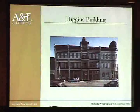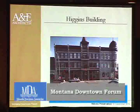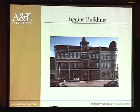save those structures. One of the first buildings I did here in Missoula in 1981 was the Higgins Block, which Philip just mentioned earlier. The building was pretty much intact except for this whole level here, which had been completely modernized into a 1950s theme right after the war, and it had been totally changed. The rest of the building was pretty much intact. It was an easy project to go in, bring it up to code, put in the new systems, and then restore that first floor and tie it all back together